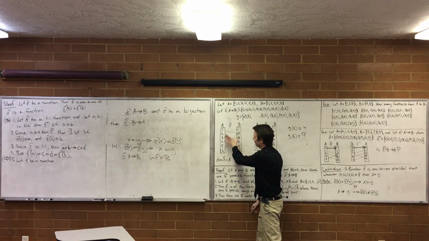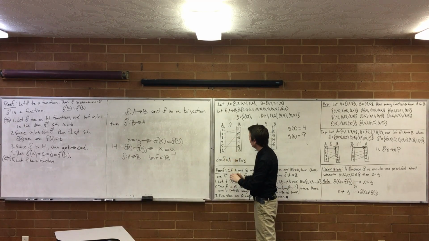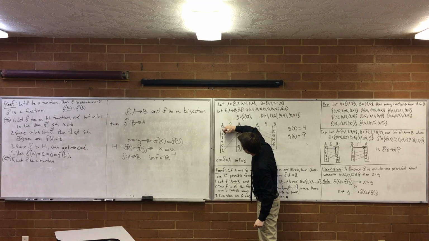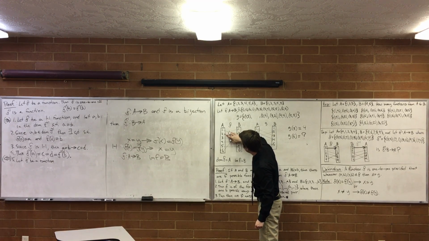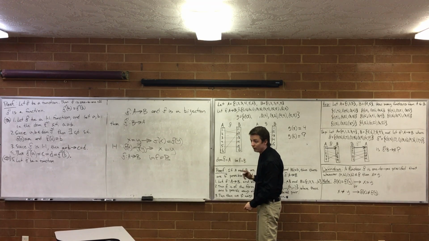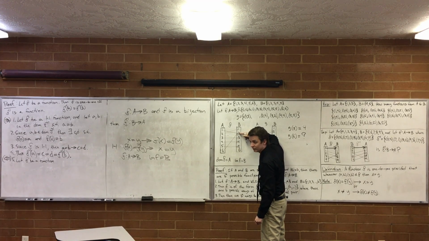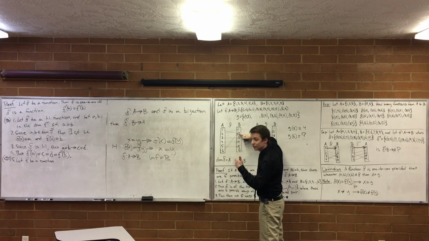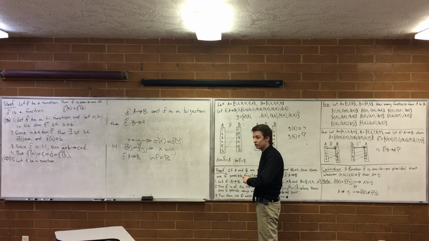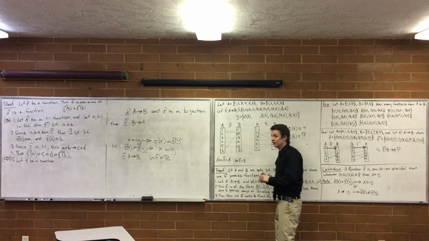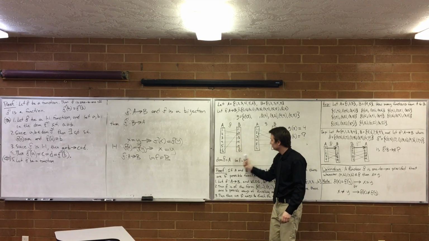So when I have a function here, it's still a function as long as I don't have two arrows coming out of the same thing. If I have another arrow from 2 to 3, not a function anymore. Get rid of that, okay, we're still a function. But we're not a one-to-one function because I have two arrows going to the same thing. So two arrows going to the same thing means it's not one-to-one. Two arrows coming from the same thing means it's not a function. Okay. That makes sense?